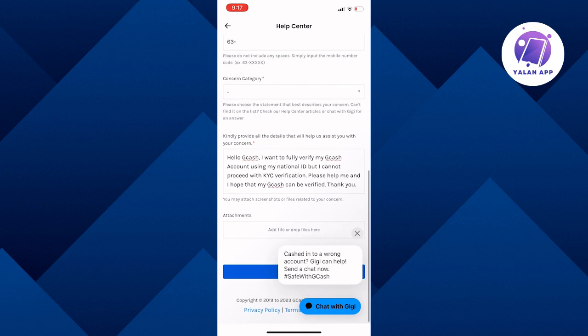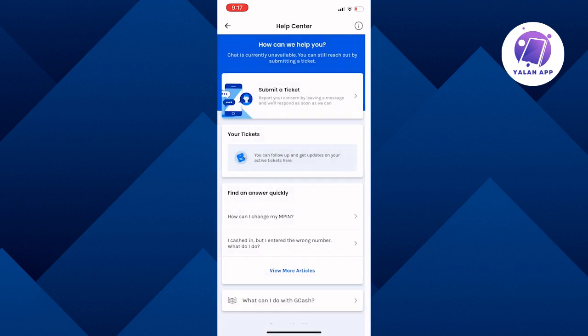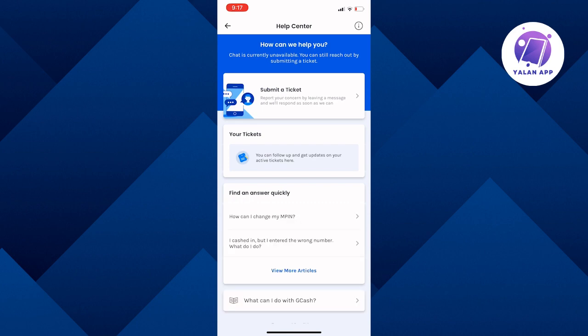Now on the bottom, it says attachments, add file or drop files. Here, all you have to do is press, and whether you have already taken the photo or about to, or they're in your files, just choose whichever the pictures are, and make sure that your national ID is front and back. Once you're done, all you have to do is press the submit button, and it will appear here on Help Center whether or not they have replied to your concern, and this will also go directly to your email